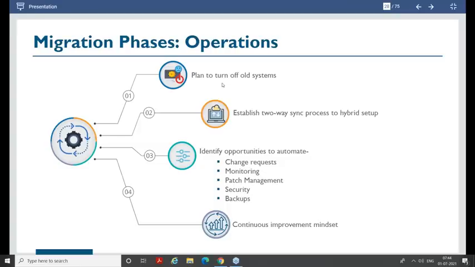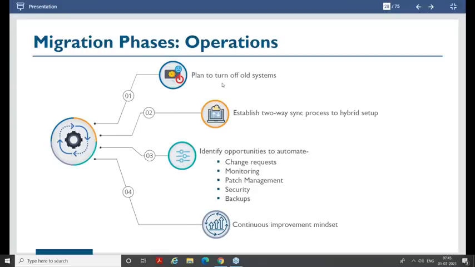You might first move your dev environment, test its behavior, and then after some time move your QA environment. So while part of your infrastructure is still running on-prem and part is running on cloud, that is where you go with a hybrid setup. When you're not completely migrated, you might have to have a two-way sync between your on-prem and cloud, right?